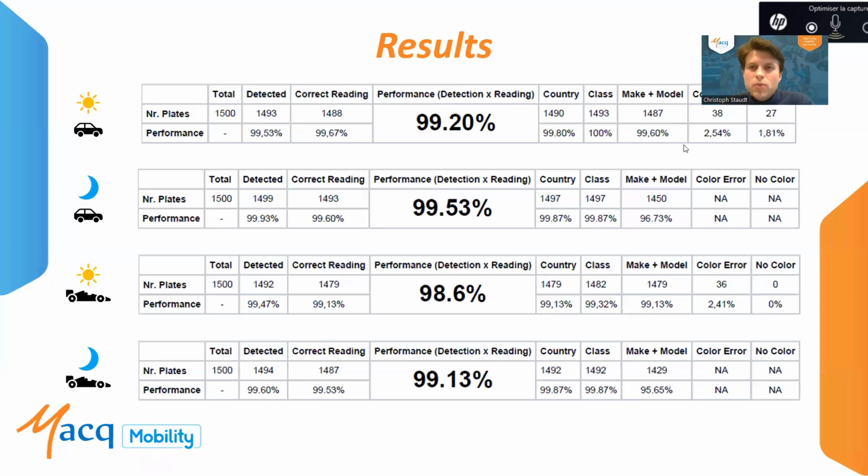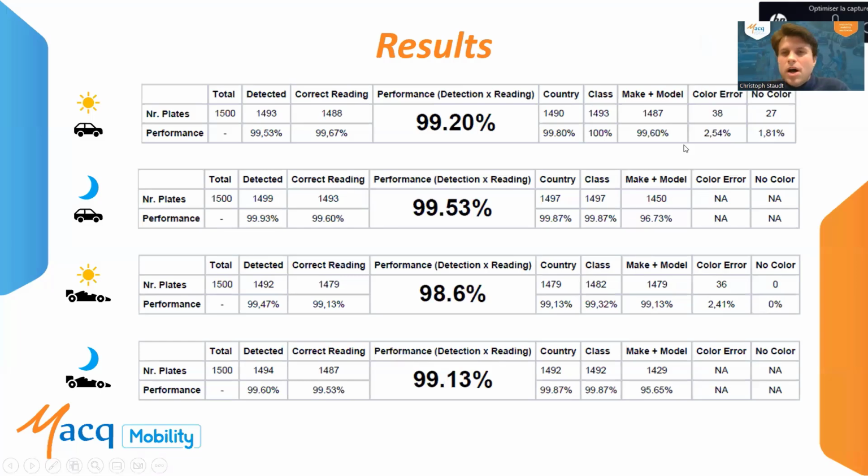The make and model, for example, is the Audi A4. Audi is the make, model is the A4. And in these 4 scenarios, we have during daylight also a very high score, more than 99%. What you can see in comparison is that during night, it's lower, even if it's still more than 95%, which is excellent. But of course, during night, it's more difficult to detect the different details between several